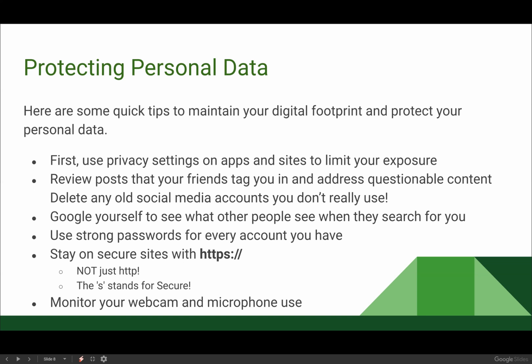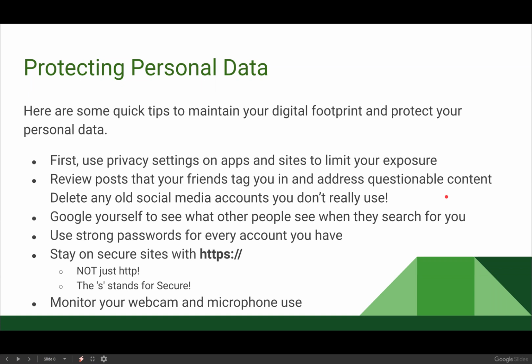If people are tagging you on social media, or if you're posting things on social media, then don't let yourself have questionable things posted. Generally, try to avoid doing questionable things in the first place, because obviously you don't want to be doing that. But don't let people post compromising things about you online, or if they do, ask them to remove it.